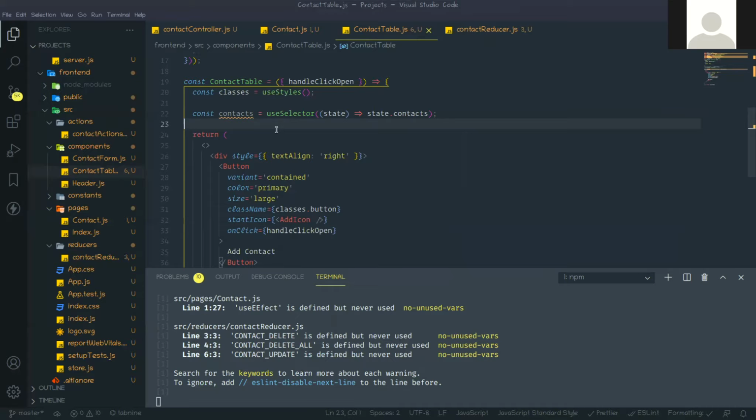It will fetch all the contacts from the API and store them in the global state. And here we just take those contacts from the global state, meaning from the reducer.